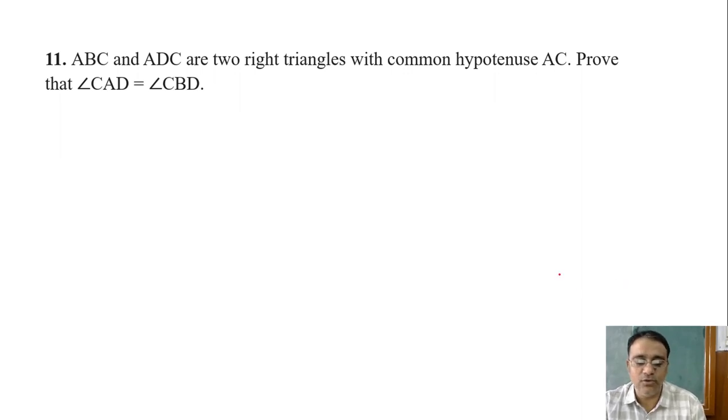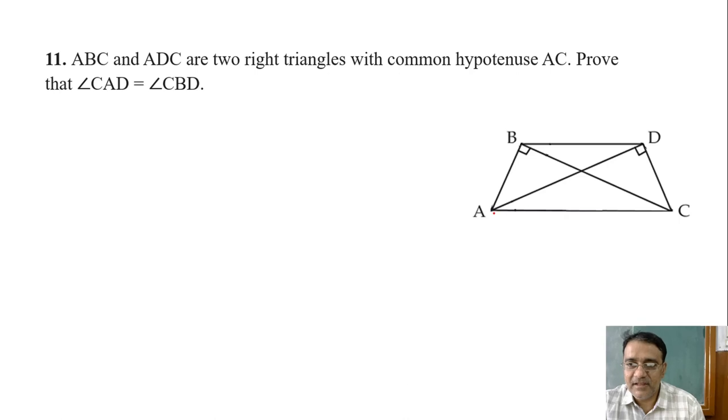So what we are going to do, we are going to make two right triangles with the common hypotenuse AC. See, AC is the hypotenuse, and ABC is there one right angle at B, and another one is ADC. And what we have to show that CAD, this angle is equals to this angle. So उसके लिए हम लोग को सबसे पहले क्या प्रूफ करना पड़ेगा कि अगर एक थ्योरम हम लोग पढ़े हैं